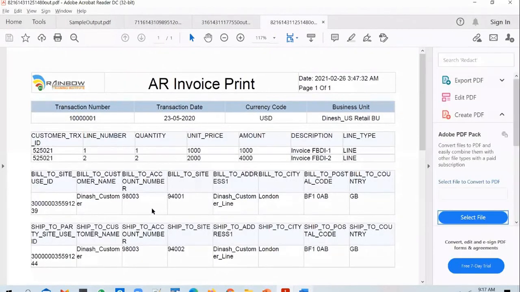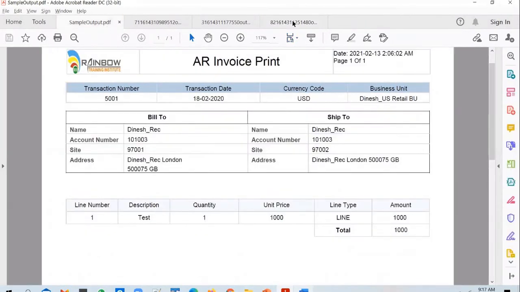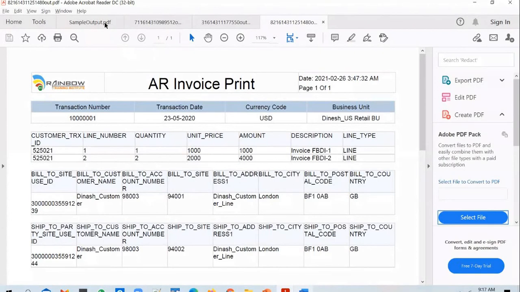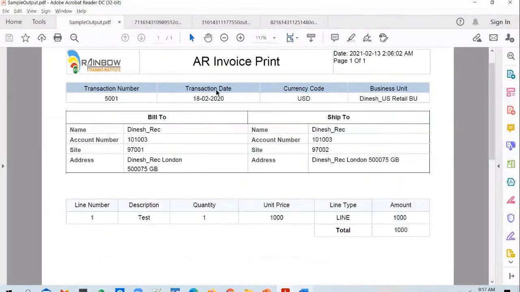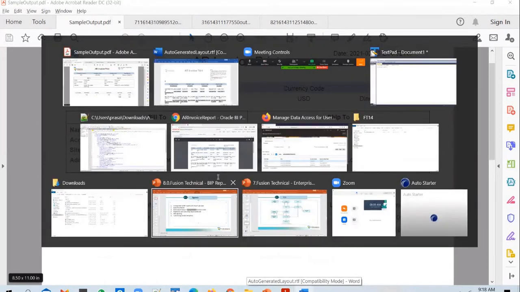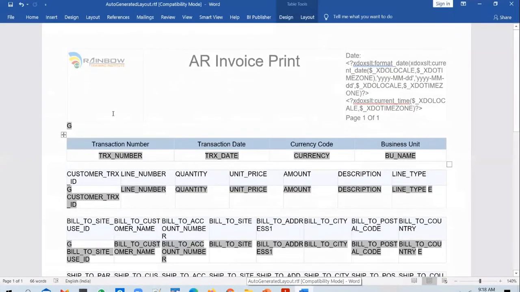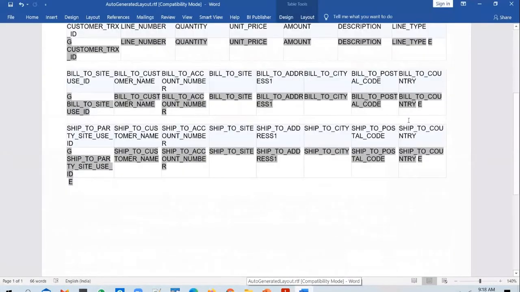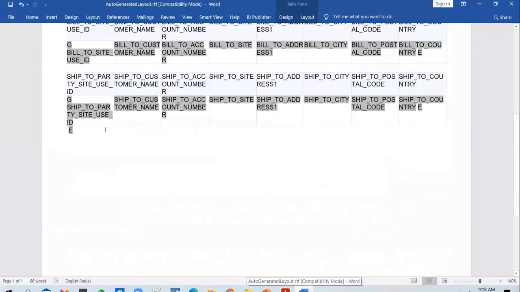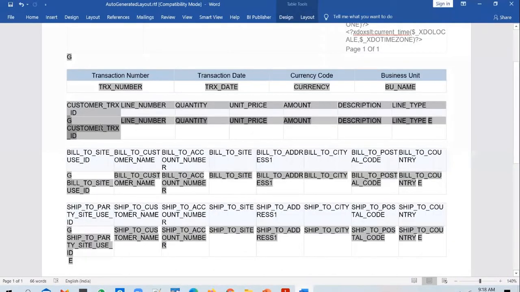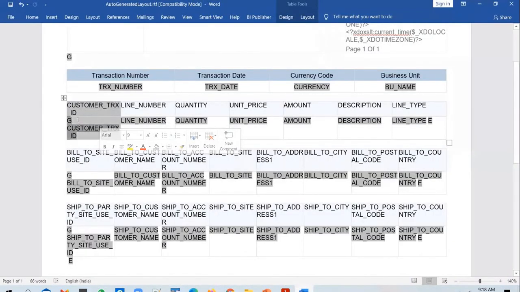And let's go ahead and fix the line section, and then we can come to the bill to and ship to section. So the line section should appear like this. How is the line section looking at the moment? You've got these details in there. You've got some unnecessary details in there, like you don't need a customer transaction ID. You need to take it off.